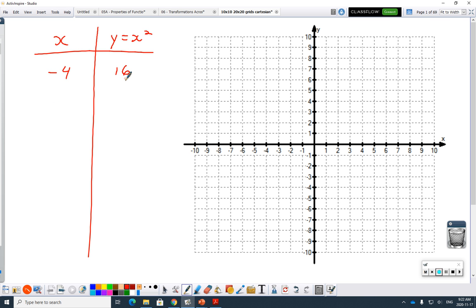And then I'm going to do -3 squared is 9. -2 squared is 4. -1 squared is 1. 0 squared is 0. 1 squared is 1. 2 squared is 4. 3 squared is 9. 4 squared is 16. How long does that take, really? No time at all. See, you've got this emergency move for graphing, which is just you break out the table